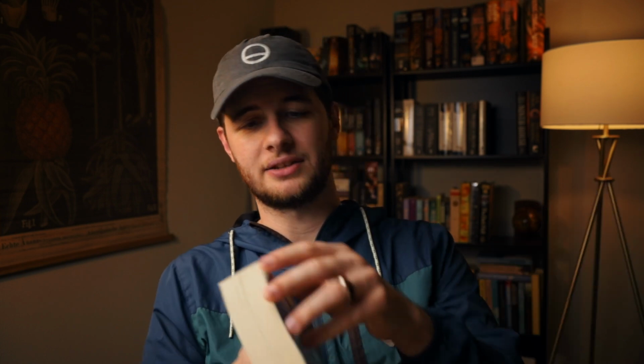Anyway, I think that I got this for maybe $2, and there's a little bit of fraying on the corner, but it's in literally perfect condition. I was pretty stoked to not only find a Robin Hobb book, but one that's actually in the series that I'm currently reading. I think this was literally the first book that I found, and so that was a pretty good way to